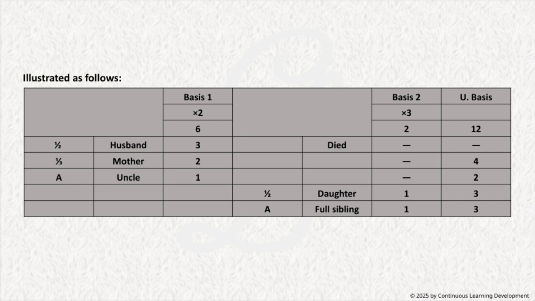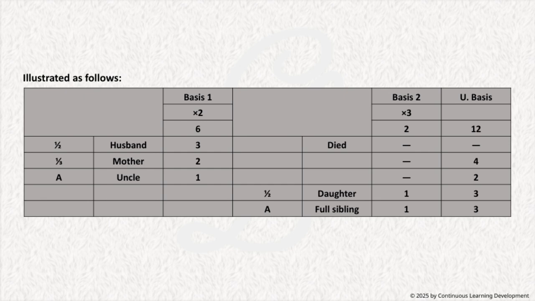Moving to basis 2, we have similar values such as times 3, 2, 3, 2, 1, and 1. The ultimate basis, or U basis, combines these to give us a final comprehensive figure, like 12, 4, 2, 2, 3, and 3. Now, the table also includes relationships and familial terms, like husband, mother, uncle, daughter, and full sibling. Notice how each of these relationships is associated with specific basis values. For example, the husband is linked with a half in basis 1 and 3 in basis 2, resulting in 12